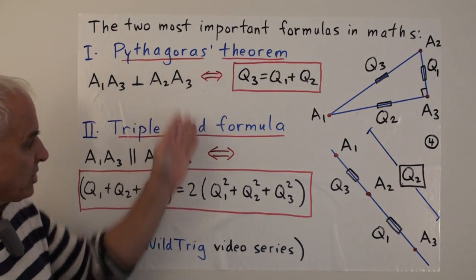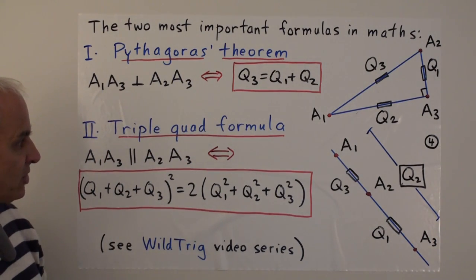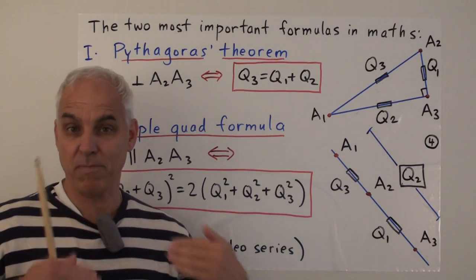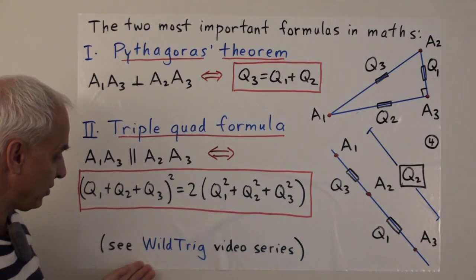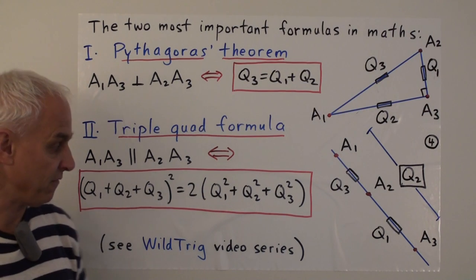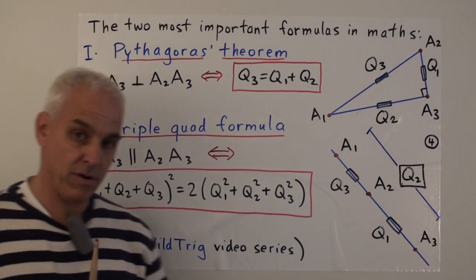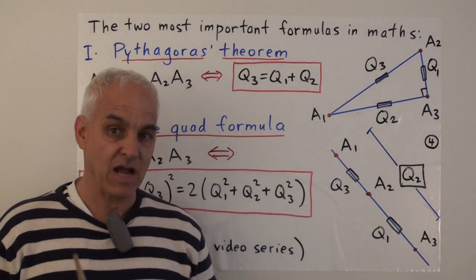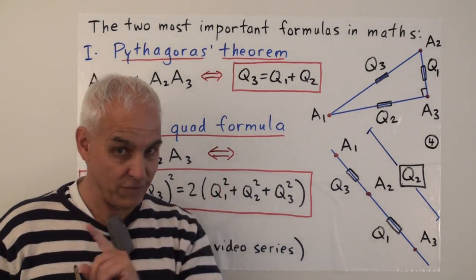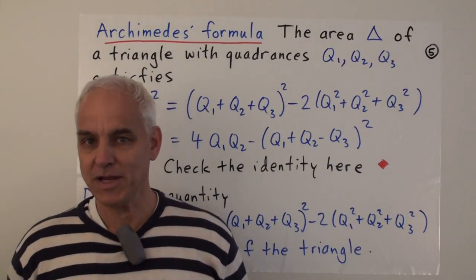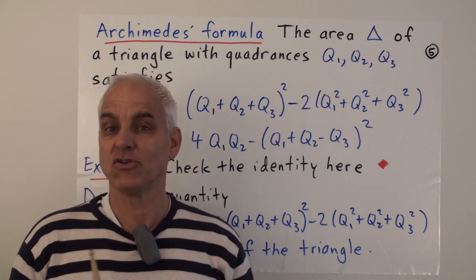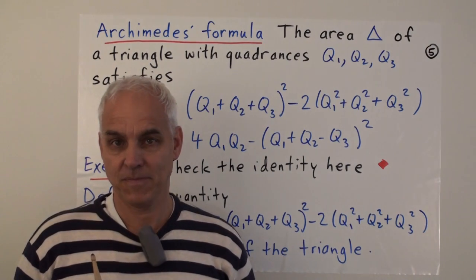Okay, so once you learn a little bit of rational trigonometry, you start to appreciate how these two formulas sort of fit together to really form the pillars of geometry. And if you'd like to have an elementary introduction to that, you can look at the WildTrig video series. Of course, if you want a more in-depth discussion, you need to get my book and read it. Read all of it. Alright, so here is the true formula that captures the area of a triangle in terms of its 3 sides.